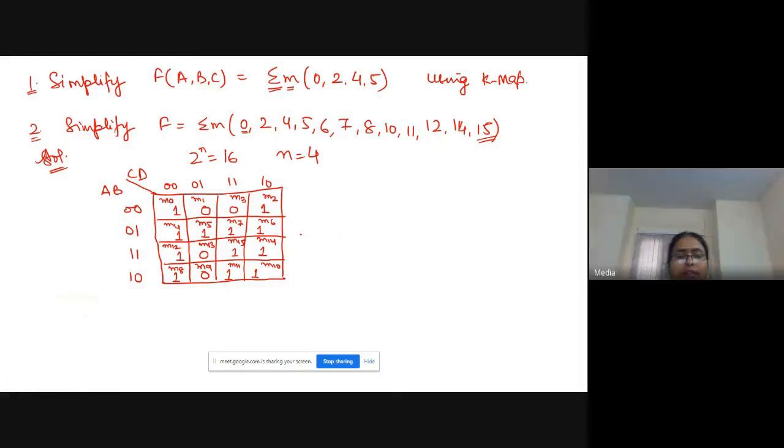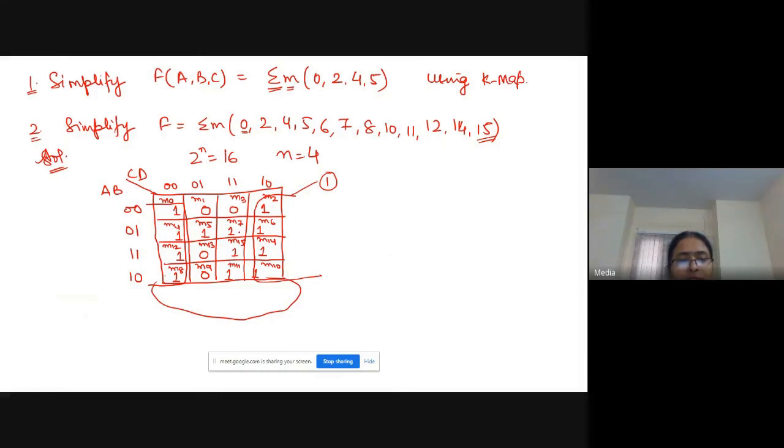Now last step is to make the groups. For the groups, you have to first see the octet. Is it making? Yes, one octet is there. See, these all are 4 ones. These 1 and this one make 4 ones, because when you fold this K map, this and this will join and make an octet. That's why we are making this an octet. Put it as number 1. So this one octet is made.